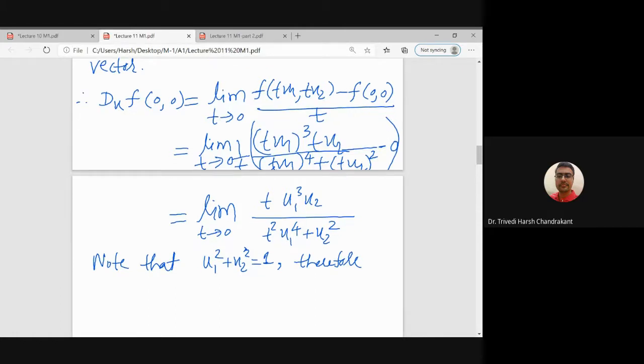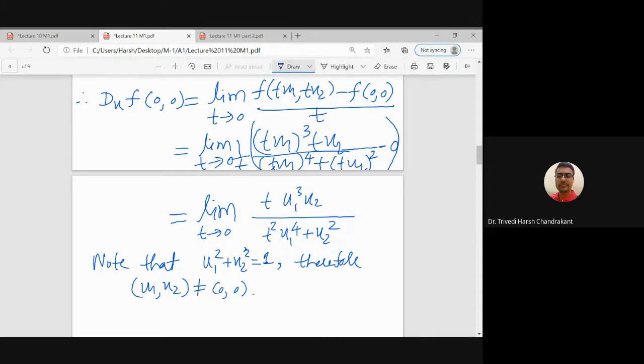So therefore u1 and u2 both cannot be 0 at the same time. So that means whenever u2 is 0, u1 is non-zero, basically its value is 1,